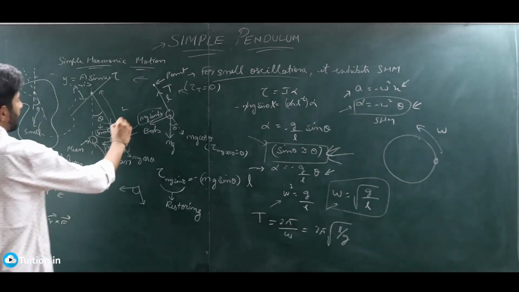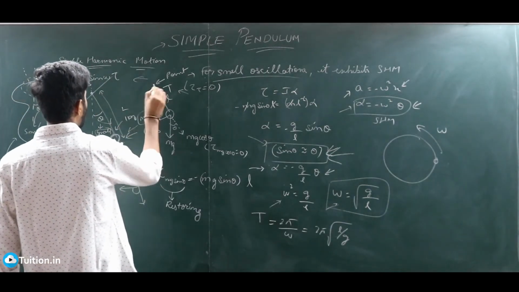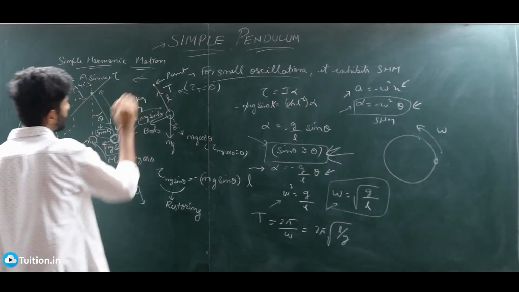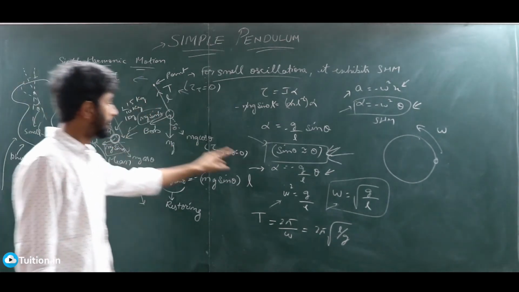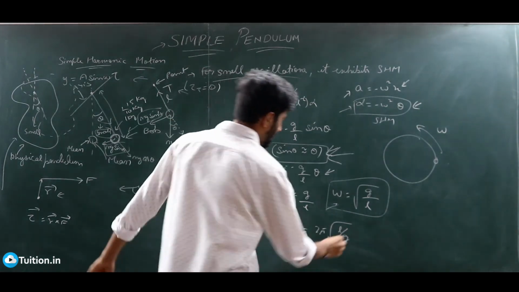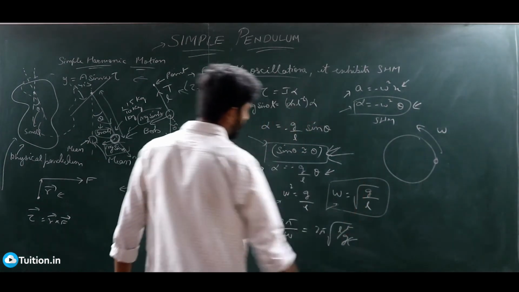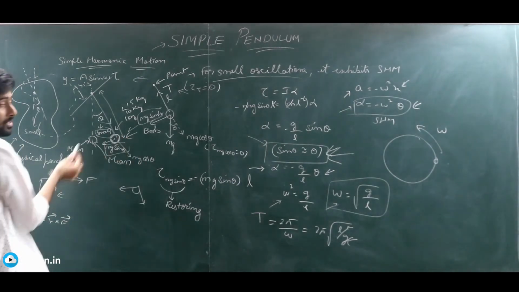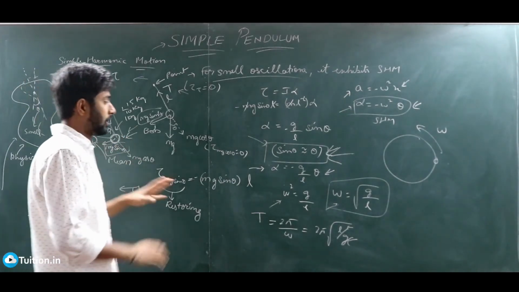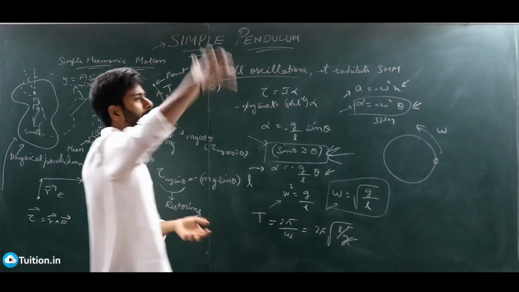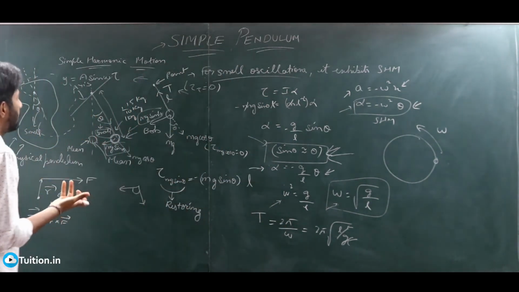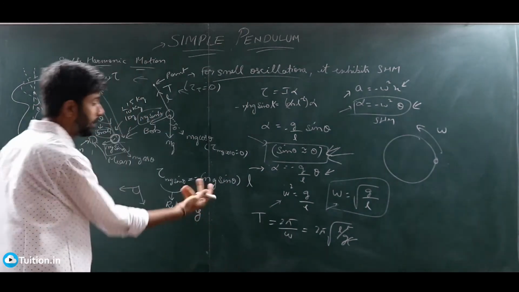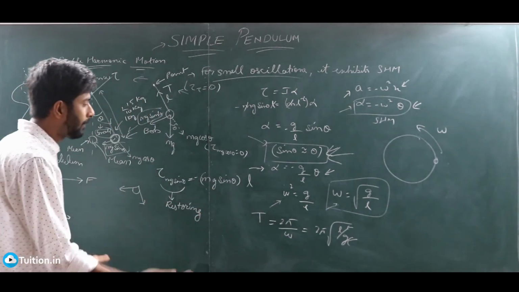So if I put a 1 kg bob, or a 10 kg bob, or a 15 kg bob, it doesn't make any difference, because the formula says that the time period depends only on length and G. G is basically that acceleration which is acting as your restoring acceleration over here. So if you take the bob to some other place, maybe not Earth, but somewhere else wherein your acceleration due to gravity has a different value, the formula for time period will change, and you have questions based on that model, right?